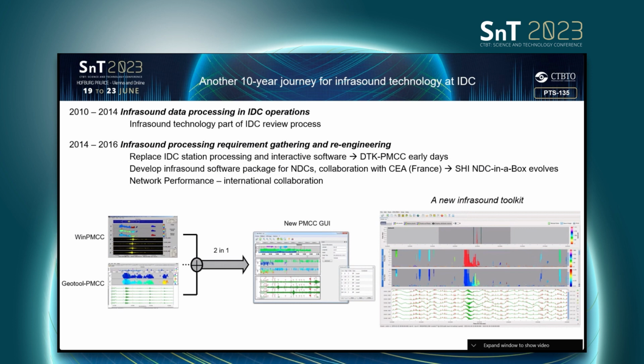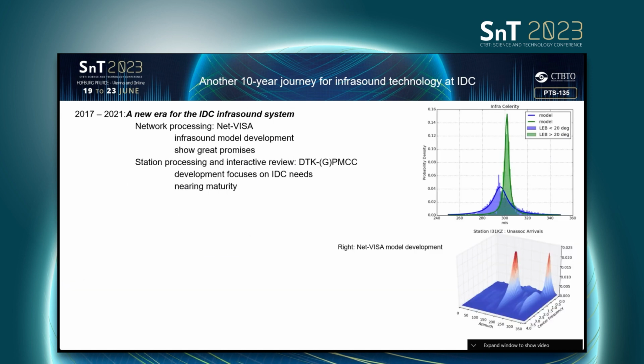So we had a re-engineering of the infrasound, which was a little bit earlier than the IDC re-engineering, where we, with our partner from France, redeveloped one tool together, which was a new infrasound toolkit. It came online eventually in 2016, 2017. We gave it to the NDC in the NDC in a box, but not yet in operation because we still had